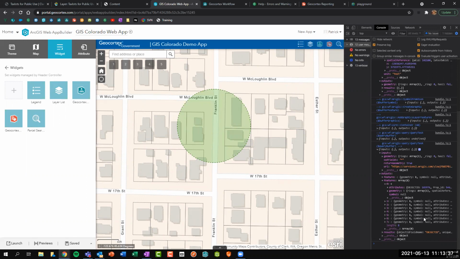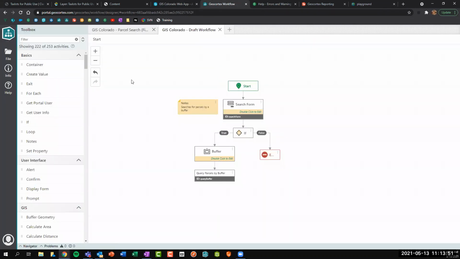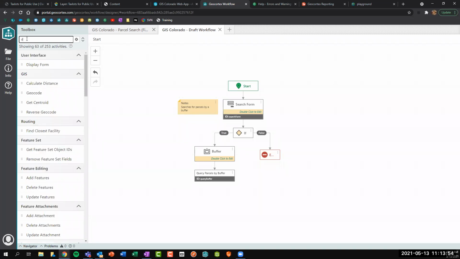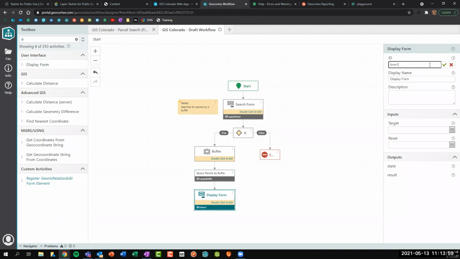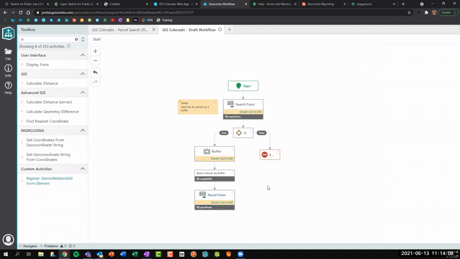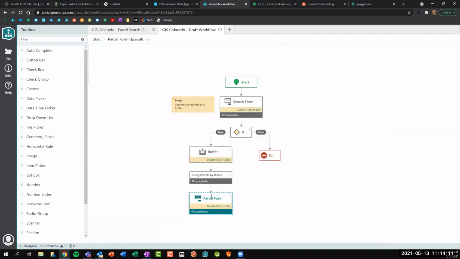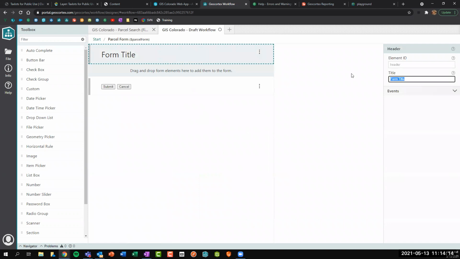So there we can see that we've returned some features. Let's maybe add them to an item picker or something like that. So let's go to our workflow here, and let's just add another form, display form. And I'll call this my parcel form, because we'll actually highlight the parcels on the map so that we can actually see them. And then let's double click this, and let's say selected parcels, and add an